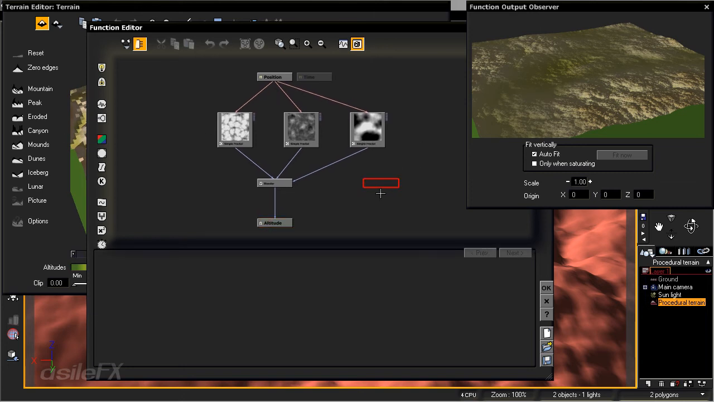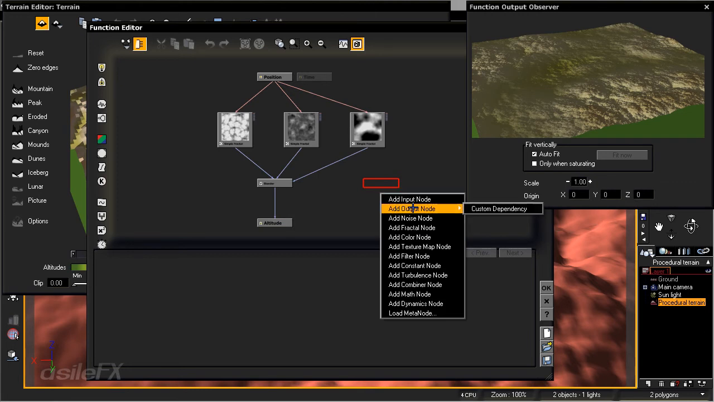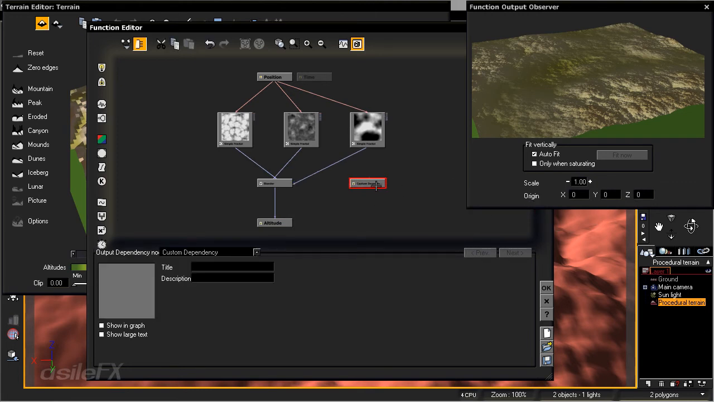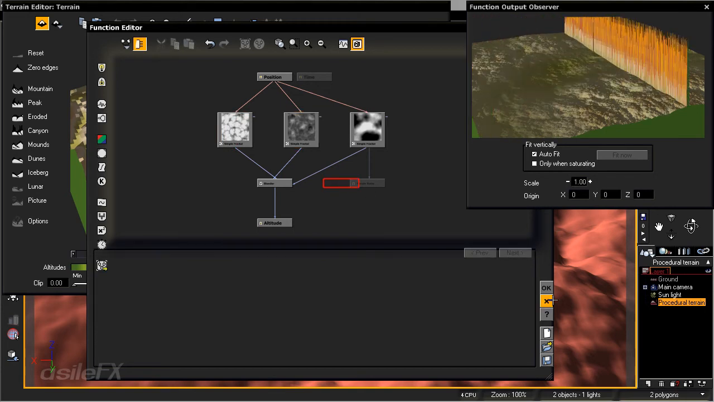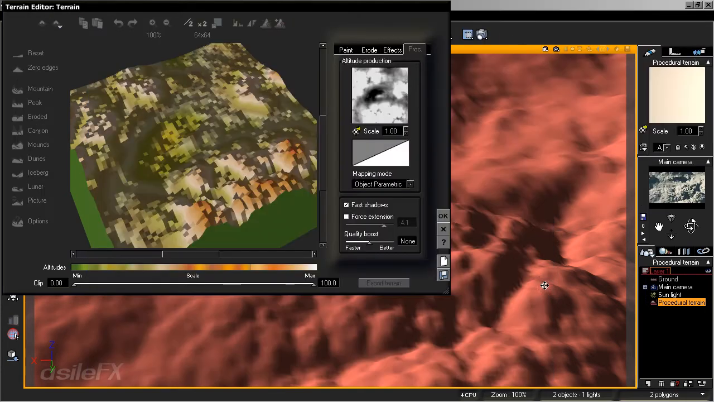So now what I want to do is add in an output node custom dependency, and we're going to call this terrain ratio. And we can connect this to our simple fractal that we have controlling the ratio of our two other simple fractals, where we have the Voronoi pattern and also the terrain Perlin noise. I'm going to click OK